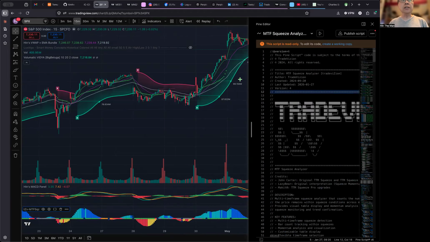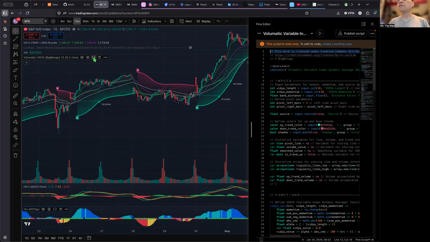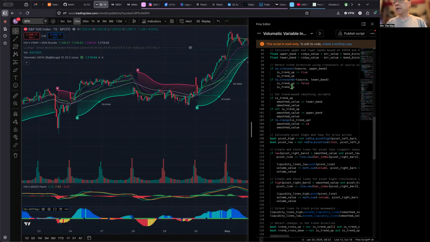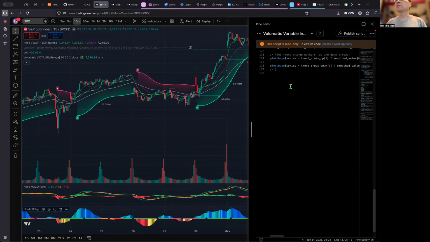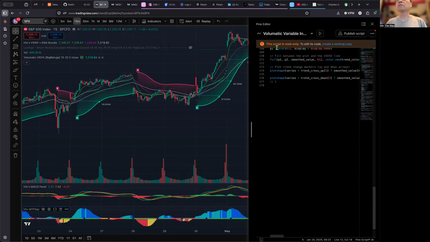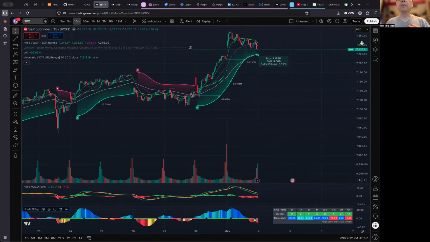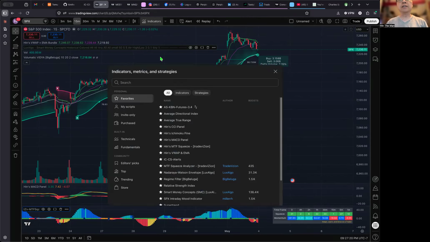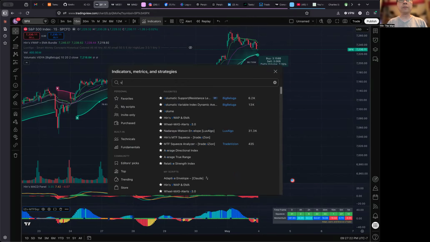The easiest to understand is the volumetric one. So you look at the source code of the volumetric, which is less than 200 lines. Now, this is the Pine Script. You can add as many Pine Scripts as you want. Now, another indicator that I like, and that I suggest in the volume, is called volumetric